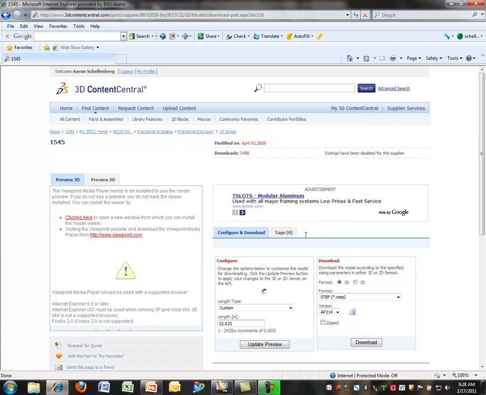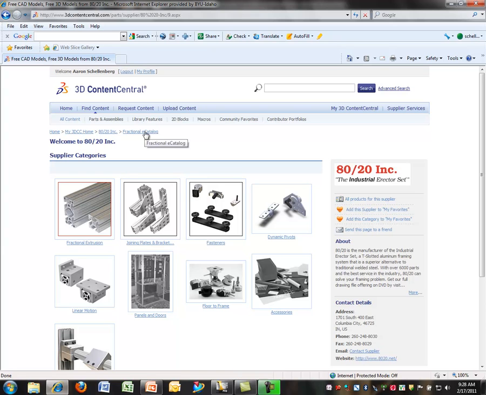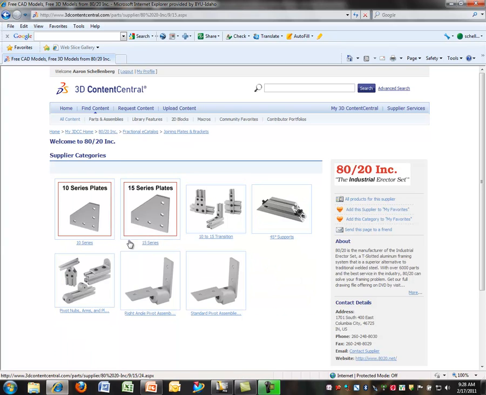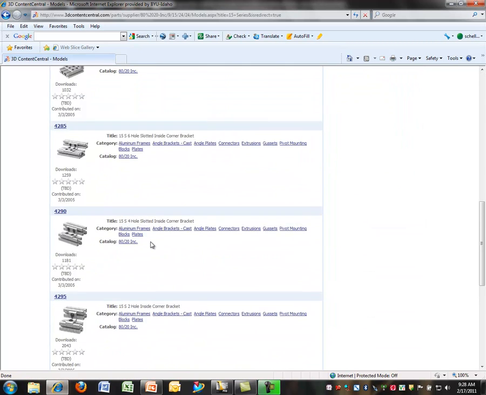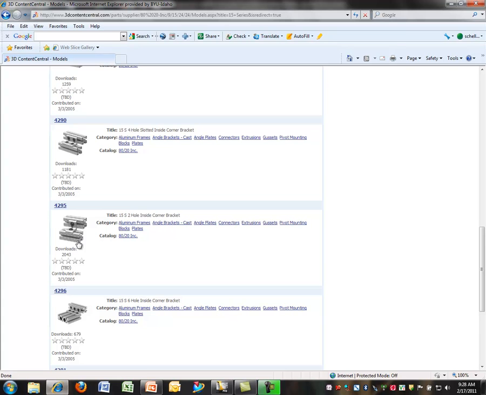Okay, good. I've got all of the aluminum extrusion profiles. Now I just need to download the corner bracket and the corner gusset. We'll do the corner bracket. We'll go to the fractional catalog, and instead of the extrusion, now we're going to go to these joining plates. Let's do the 15 series, and we start going down and we see, oh, here's a 15 series 2-hole inside corner bracket. But if you'll notice, this is